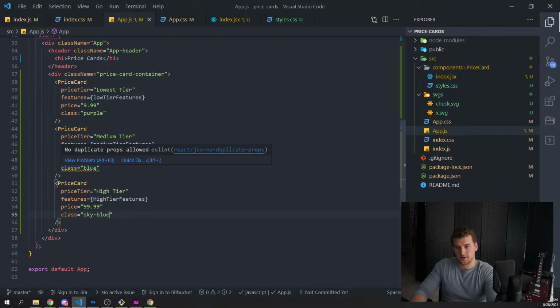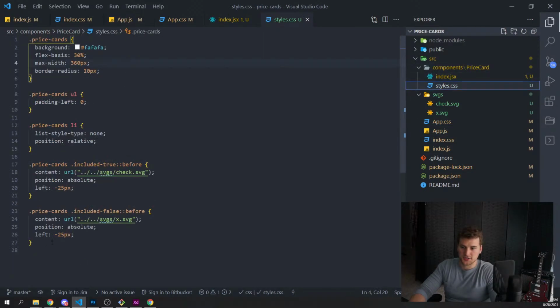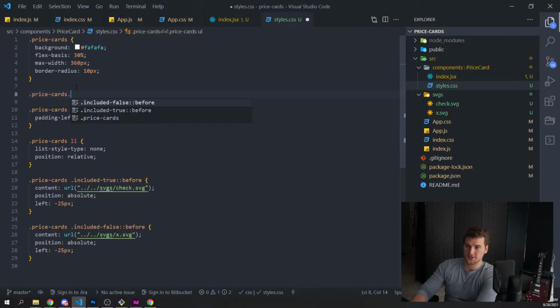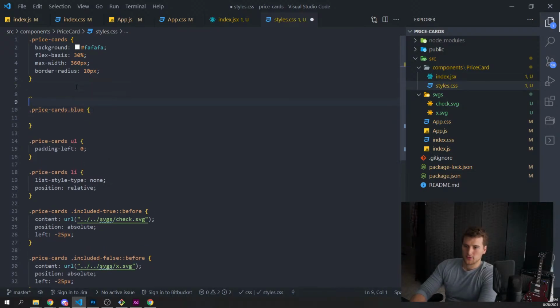Why are duplicate props not allowed? Oh, right, delete that and save. And then in our, I think this should still be handled by price cards, because it's being passed down to it. So we'll say price cards dot blue, because it's going to be on there, and we're going to need 3 of these.